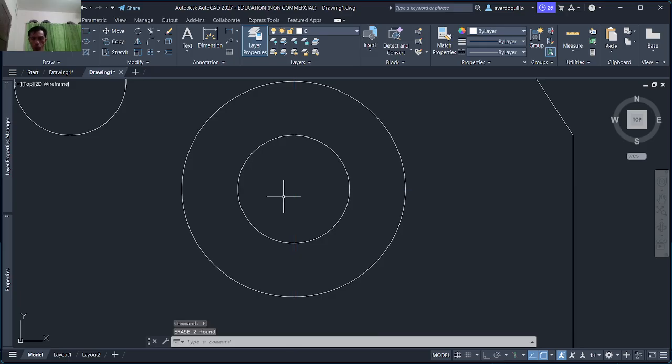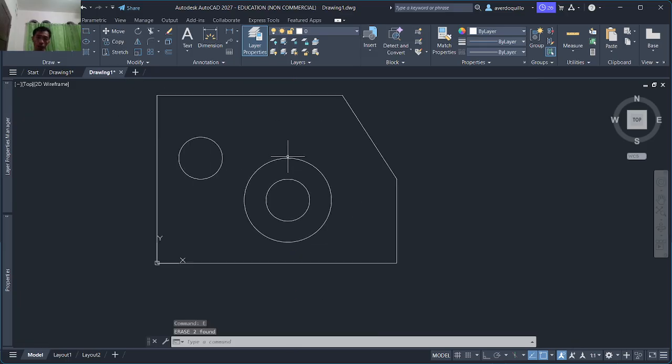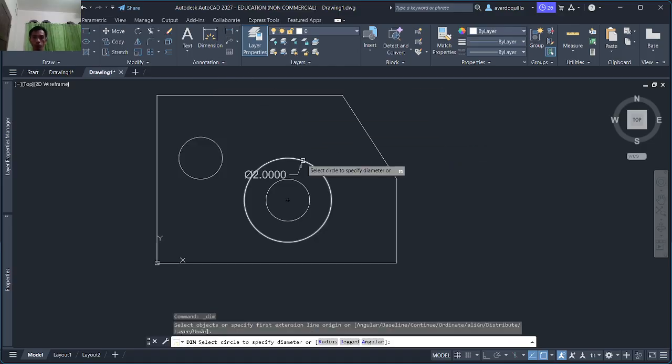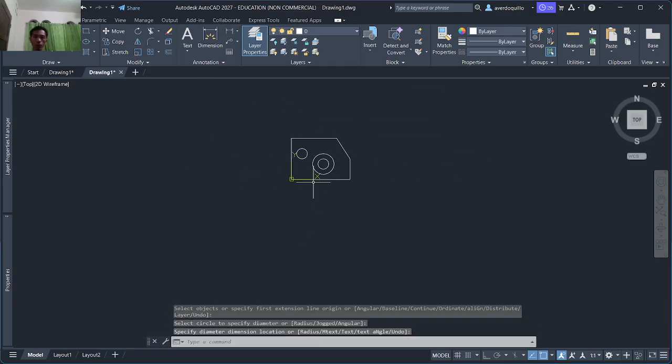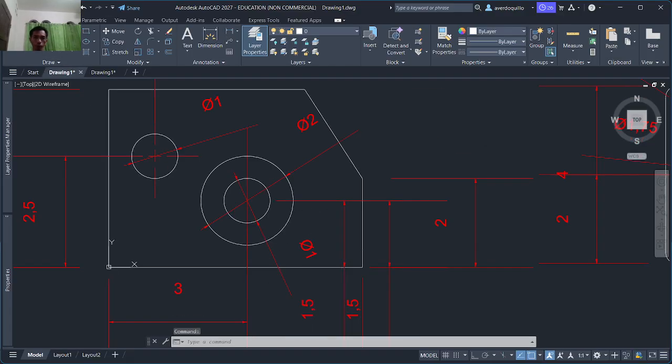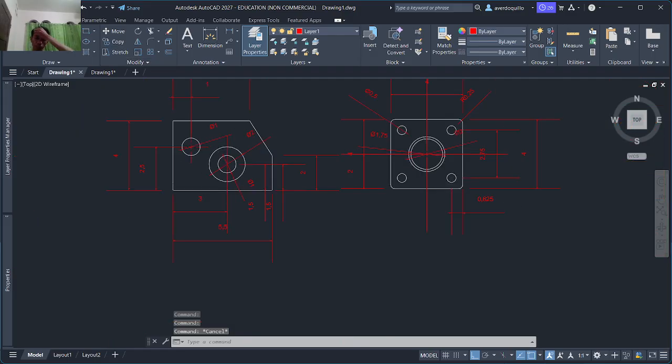We will delete this one. So let's have a measurement here. That's enough. Is that too close? Alright, that's enough. Now we have the stuff.